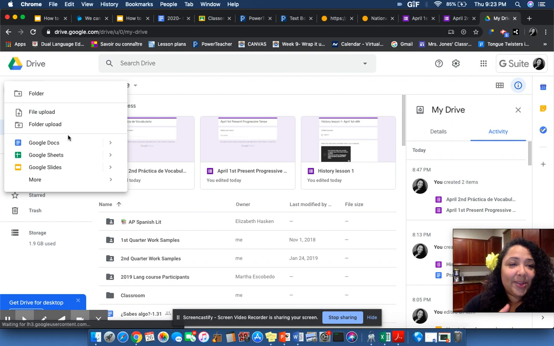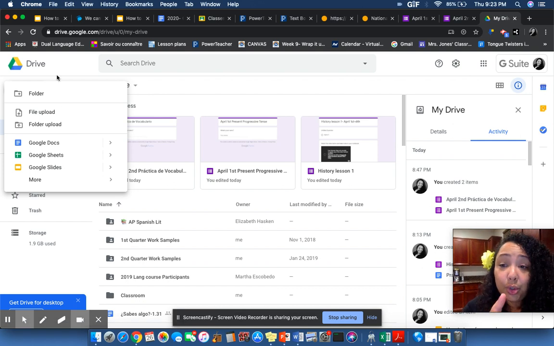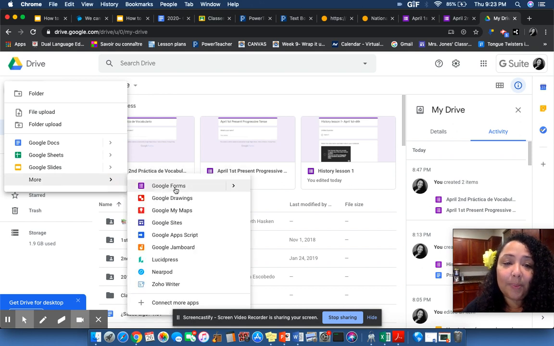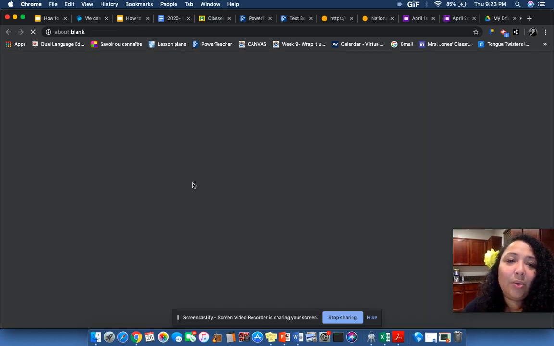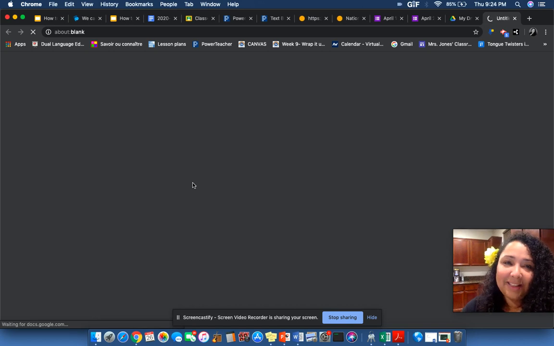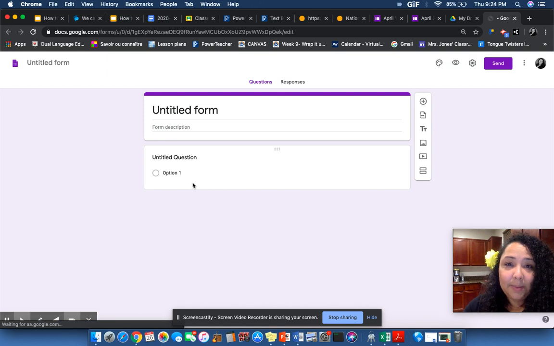And there we go. So again, I went to new. Now I'm going to click on more. All right, and I see I've got a drop-down menu here. I'm going to click on Forms. And it's going to open up a Google Forms for me. Excellent. Now, I've already completed these forms because I don't want this video to go very, very long, but I